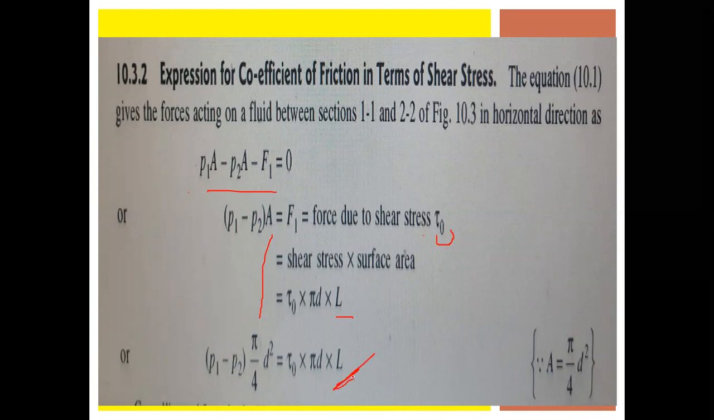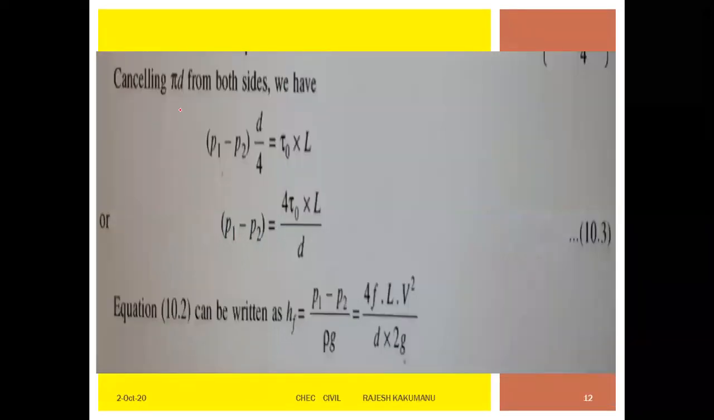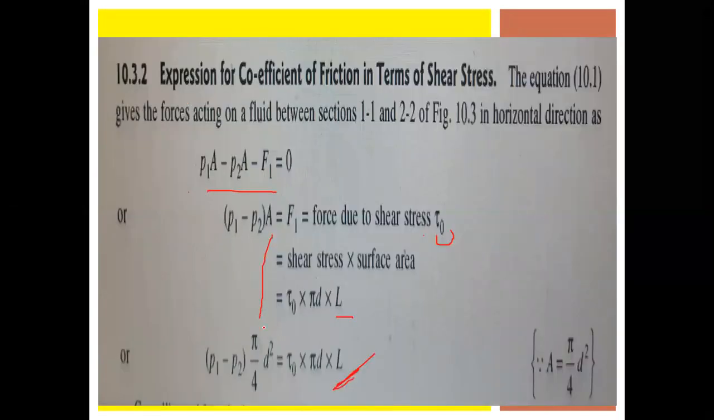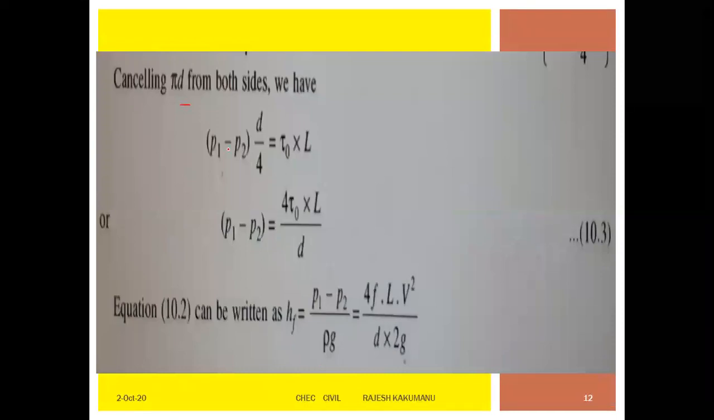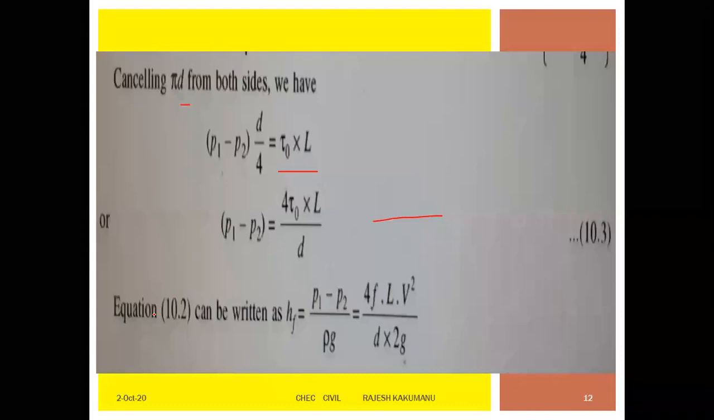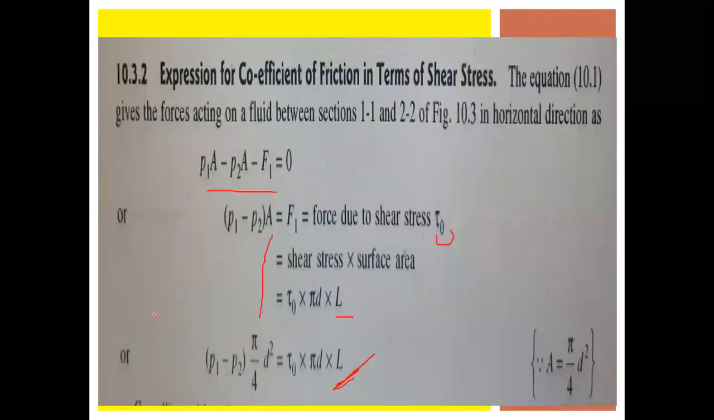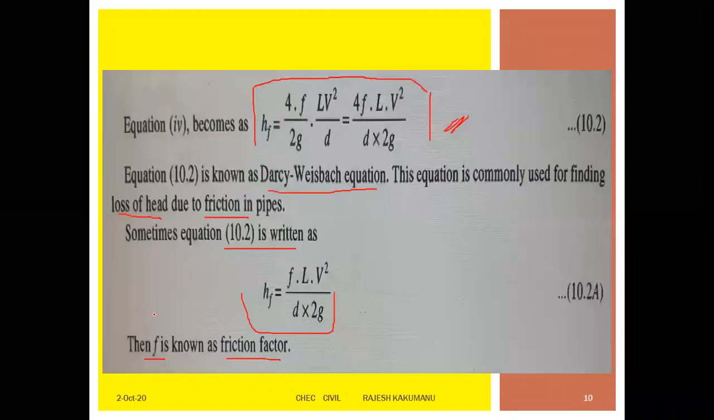Next, now consider cancelling pi d from both sides. After cancelling this pi d and pi d here and here, we get P1 minus P2 into d by 4 is equals to tau 0 into L. Therefore P1 minus P2 is equals to 4 tau 0 into L divided by d. Okay? Next, how this equation 10.2 can be written as